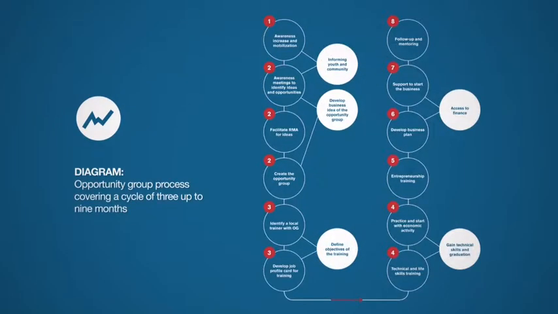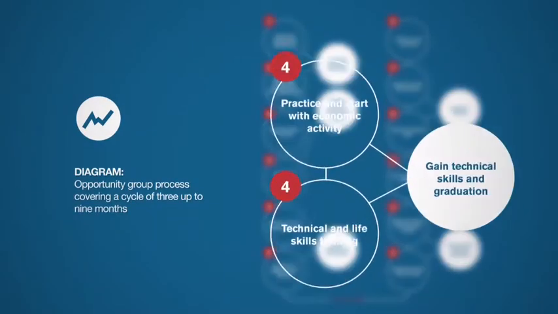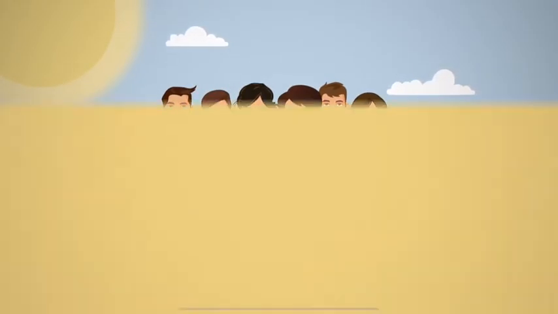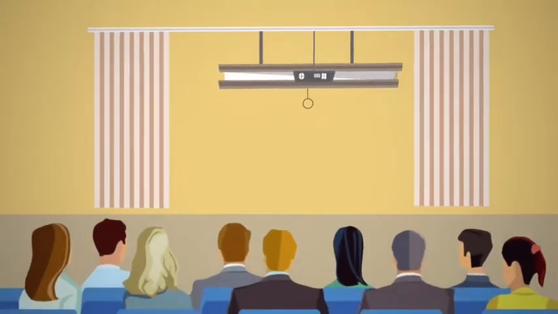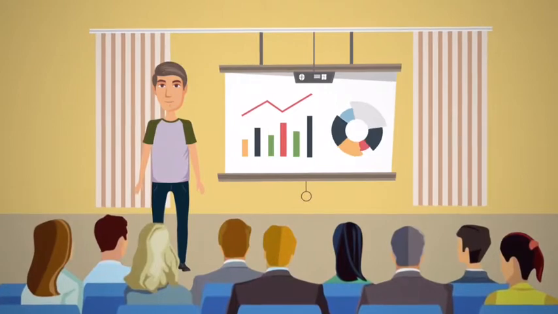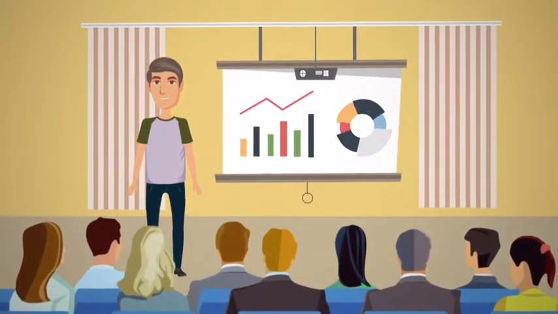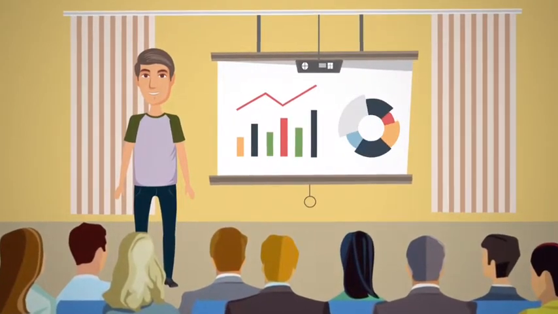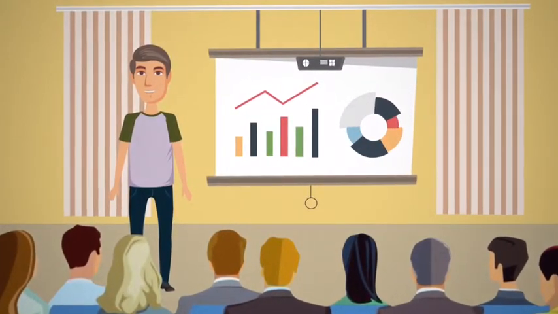Next, the training provider will train the group on the job and ensure they gain competencies required to engage in economic activity after the training and generate income. The holistic feature of this approach is decisive for success. This means OG members are provided with life skills and entrepreneurship trainings according to the needs of the group. Entrepreneurship training helps the OG members to improve access to finance.